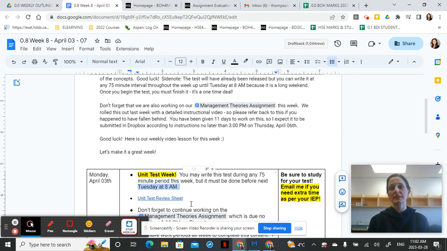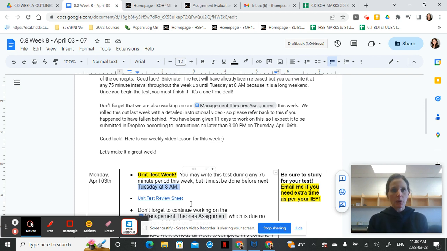It's important that you review the material. There is a lot of material. Think about all the management theories that we've learned, right? So really understanding those theories, going through the TED Talks, going through the slide decks, knowing the material, not only is going to help you with the test, but it's also going to help you make connections in the second unit of the course when we start to really build on the foundational learning that we've done so far. Okay, so that's what I'm looking for in the test.